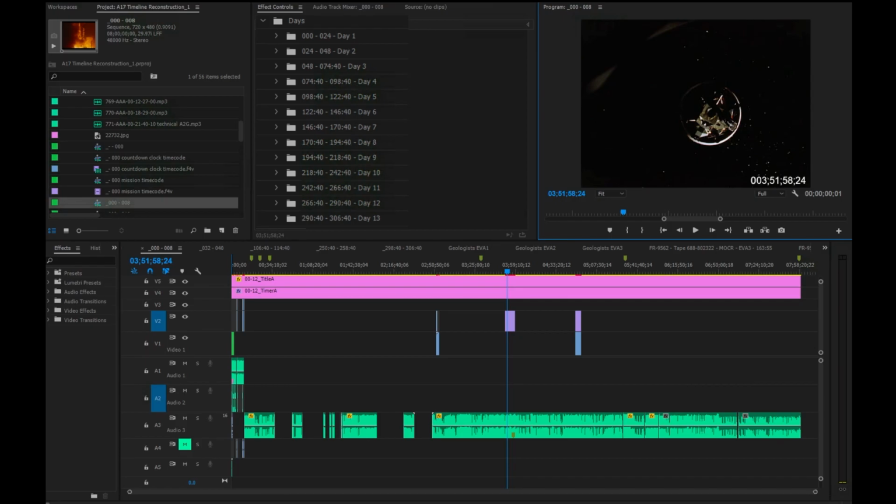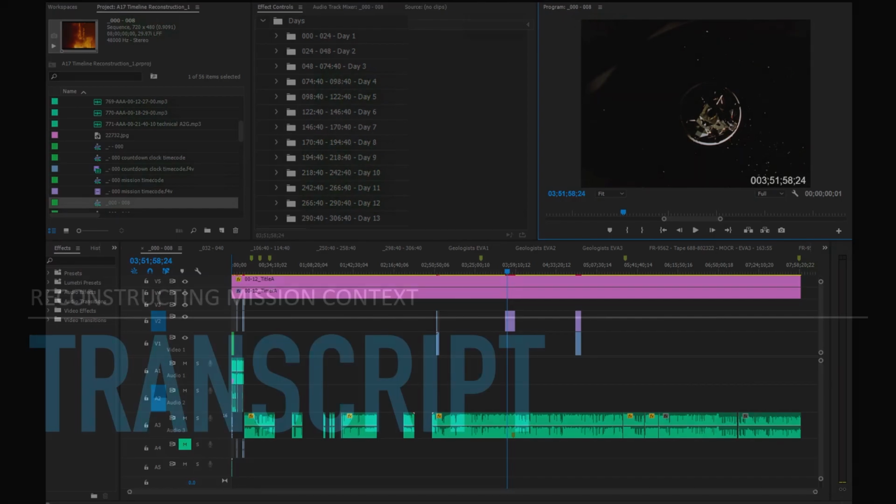Here's during a transposition and docking maneuver, 3 hours and 51 minutes after the mission began. Here's a still from that at the top right. But you can also see the benefit here that it starts to show gaps in the record. We start to realize that we're missing audio for different parts of the mission. And that can now send you on a hunt to say, hey, how come we don't have any air-to-ground audio for these periods of time? And actually, through that process, these have subsequently been filled in with audio.